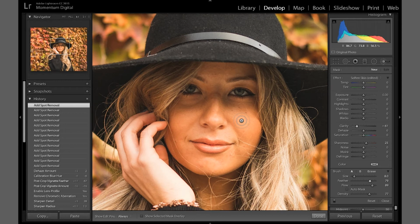And then we're going to toggle O so we can see what we're doing here, and then I'm just gonna go over all the parts that I want softened. It looks like she's getting a sunburn rather, but that is just so you know what parts you've already gone over. So I'm just gonna try to hit all these little